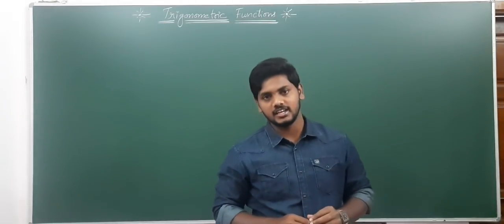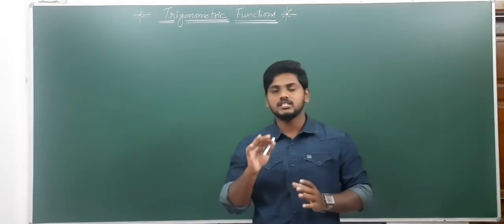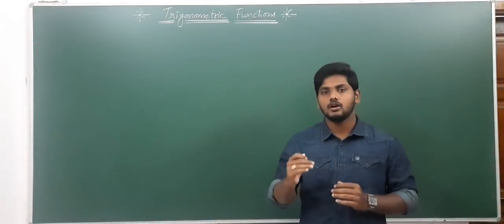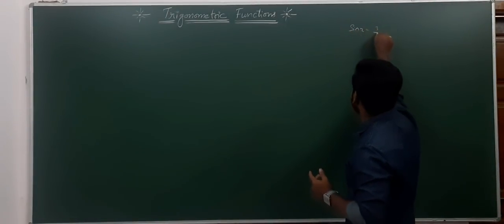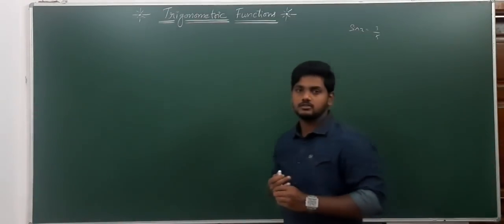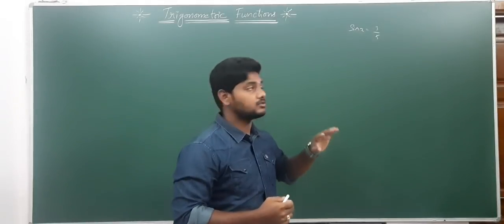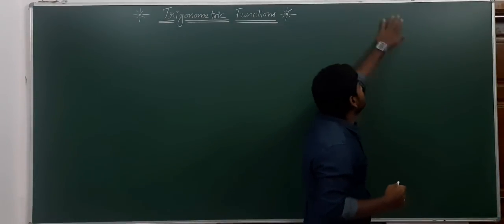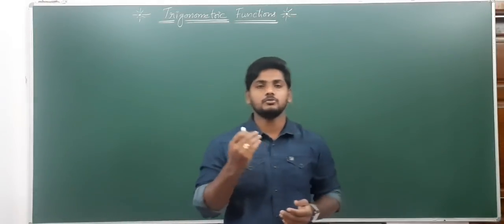Sorry for disturbing you in the weekend, but I want to introduce some of the topics related to previous topics which I will consider to give in tomorrow's exam. Those topics are like finding the remaining 5 values. For example, they will give a sine value, for example sin x is equal to 3 by 5 or 2 by 3 or 1 by 2. So what about the remaining 5 trigonometric function values? They will give any one out of the 6: sine, cos, tan, cot, secant, cosecant. You need to find the remaining 5 trigonometric functions. That is the first topic. Very small one, but we can solve so many problems on that.